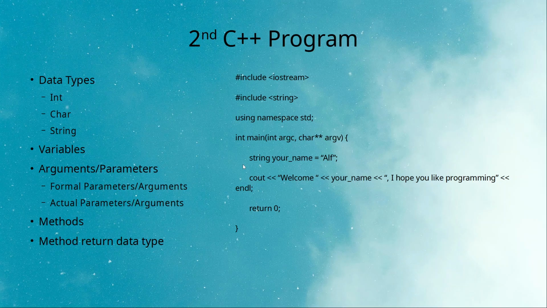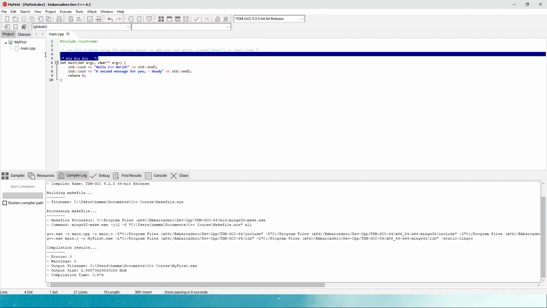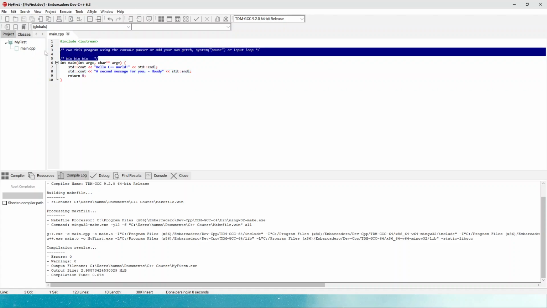So let's go back to our editor and convert this program into our second form. We don't need these comments actually, so I'll just delete these.